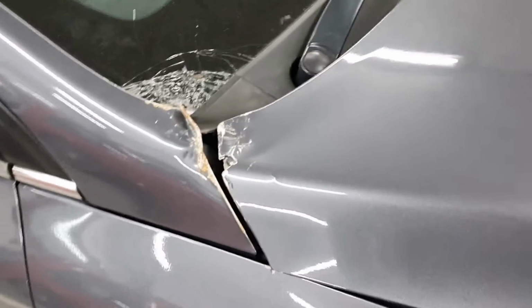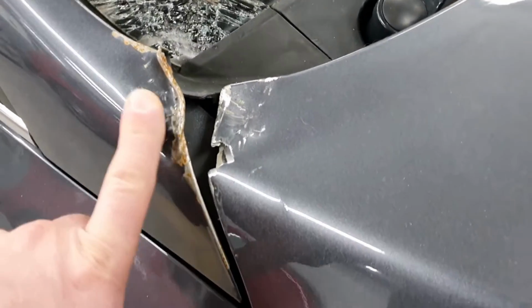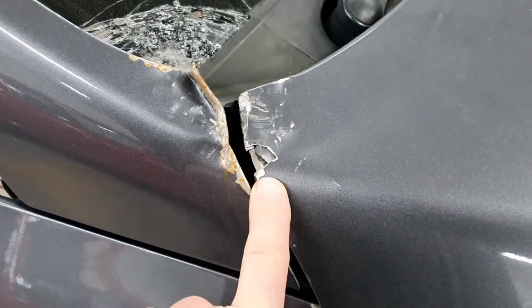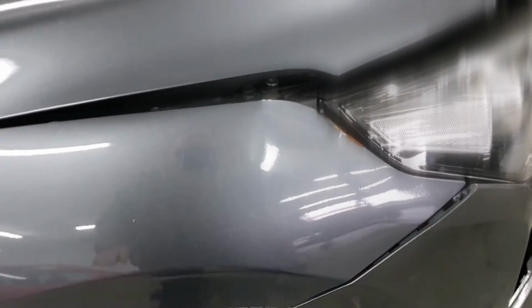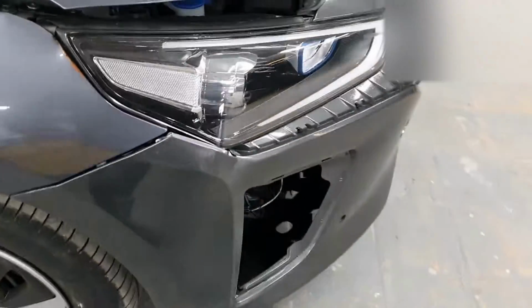So basically we got the A-pillar is badly damaged here. The bonnet is aluminium and it's broken. There is one piece missing and he got a couple of dents on it. Small dent on the wing, that's not a problem, that can be repaired. But the problem is, and the main issue,